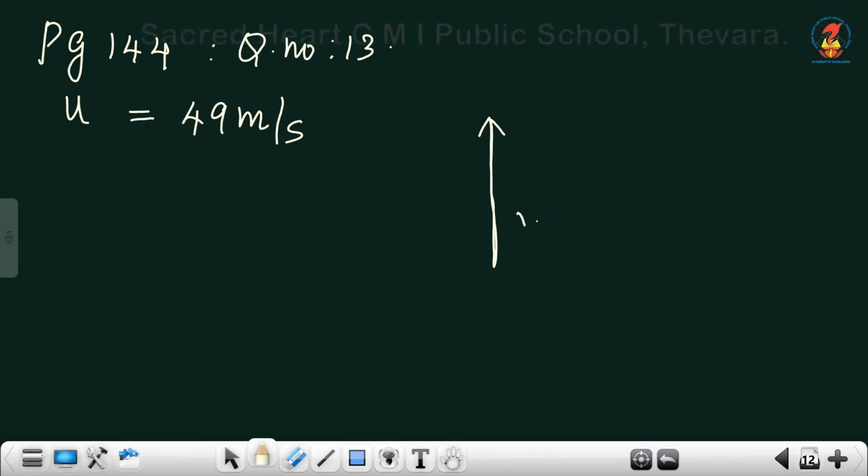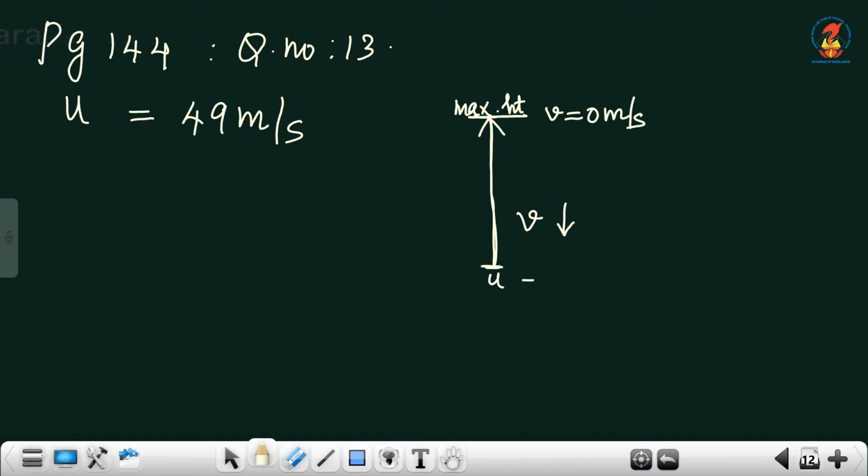When an object moves upwards, its velocity will decrease, and at maximum height, the velocity of the object will be equal to 0. Initially, the object had a velocity u equal to 49 meter per second. As the object moves up, its velocity will decrease, and finally when it reaches the maximum height, its velocity will